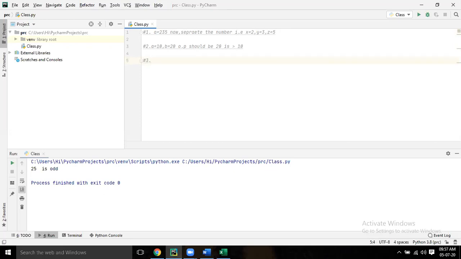Now number 3. Let's say I have a list L equal to, again bracket, square bracket, again square bracket, Ram, Sita, comma 10, bracket close.